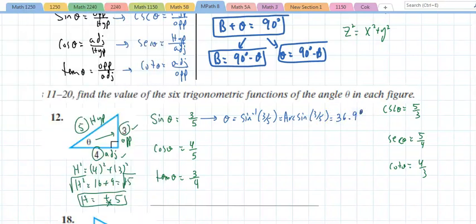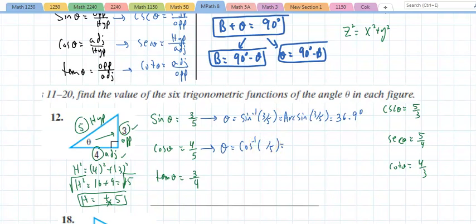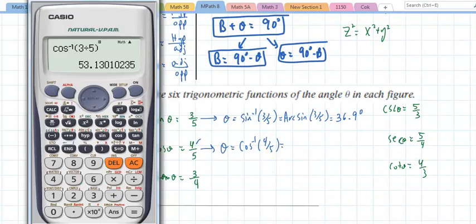36.9 degrees. If I decided not to use the sine, if I decided to use the cosine, well, it doesn't matter. Theta in this case would be the inverse cosine, or the arc cosine of 3/5. And if I took my calculator out again and said, let's use an inverse cosine of 3 divided by 5, guess what I'll get? Oops, I messed up. That should have been a 4, right? My mistake. So if I go by the inverse cosine of 4 divided by 5, I'll notice that I'll get the same angle, 36.869, which is